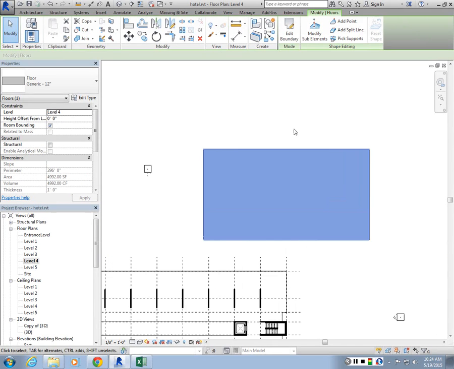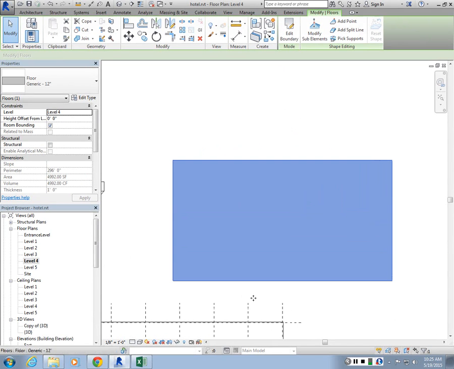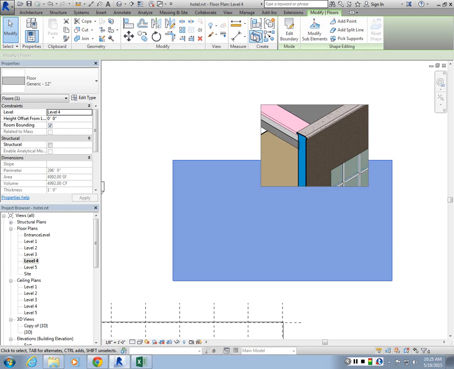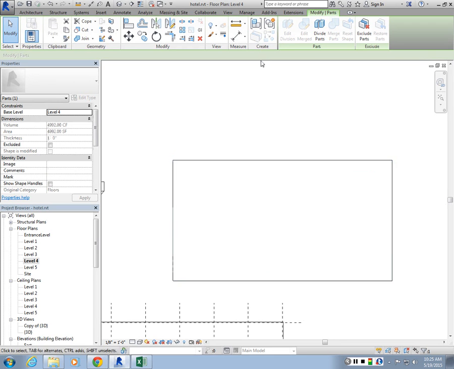Okay, so let's say you have a floor slab and you want to create internal divisions. You go under modify, there's create parts option. Let's look at the video, if there's a video. What it does is it basically enables you to separate built-in elements of a component or create custom divisions as well. In this case you can also choose a composite wall and separate layers of it. But in our case, we want to create